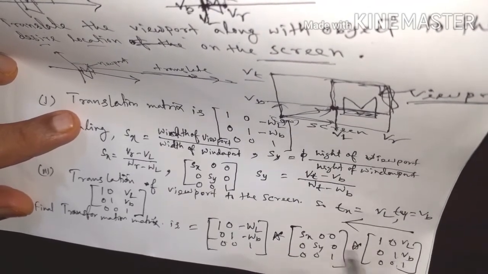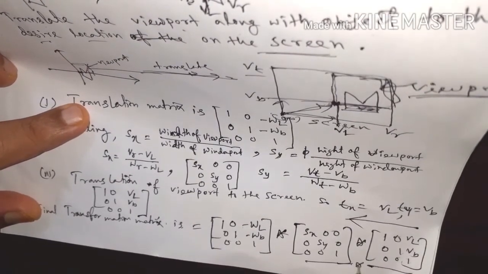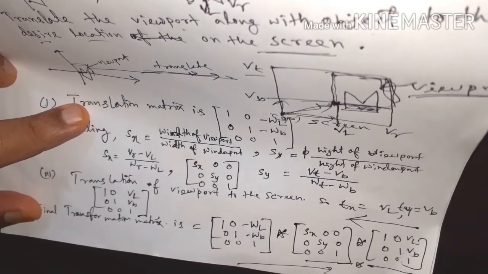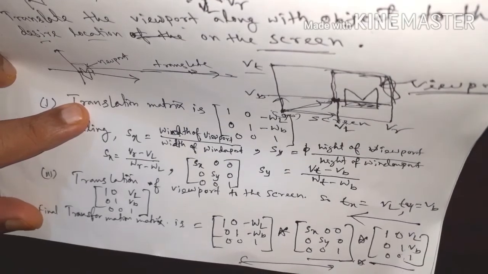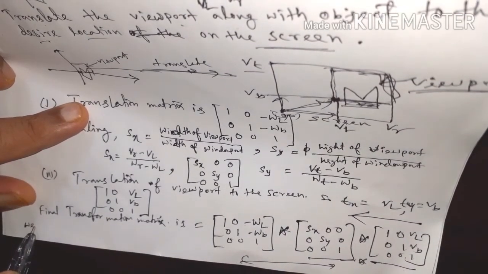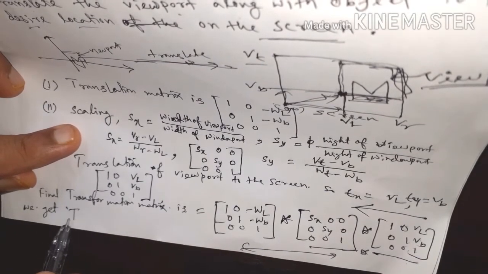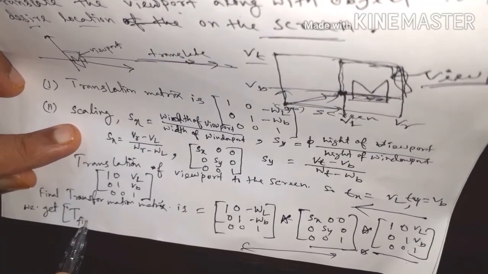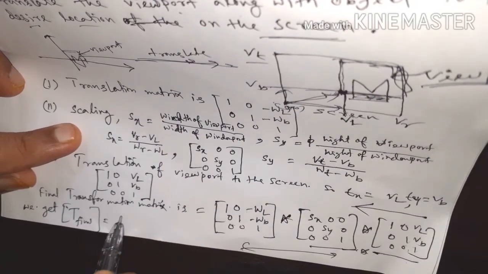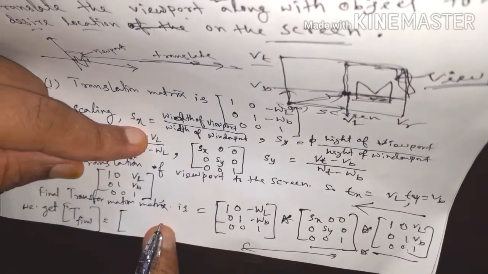Multiply right to left. So this matrix into this matrix, and the first resultant matrix will be multiplied with the third one. So ultimately we get the final transformation matrix equal to,